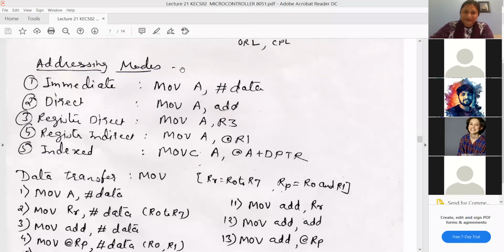Similarly, you have direct addressing mode. In direct addressing mode, a direct 8-bit address is given. So whatever is the data at this particular address is going to the accumulator. So you can use your direct address. If you put a hash sign, that is treated as data. If you do not put a hash sign, that is treated as an address. And why an 8-bit address? Because its RAM is 128 bytes only. So 128 bytes means it needs only 8-bit addresses. You cannot have a 16-bit address.